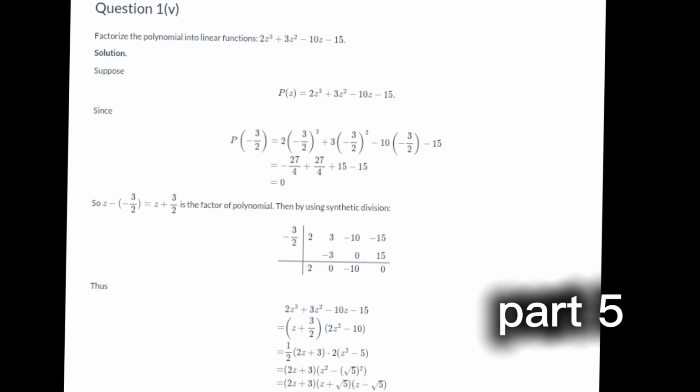Quadratic factor. This gives the quadratic factor 2z² - 10. Simplify and factor. Factor out 2 from the quadratic: 2(z² - 5). Final linear factors. The final factors are